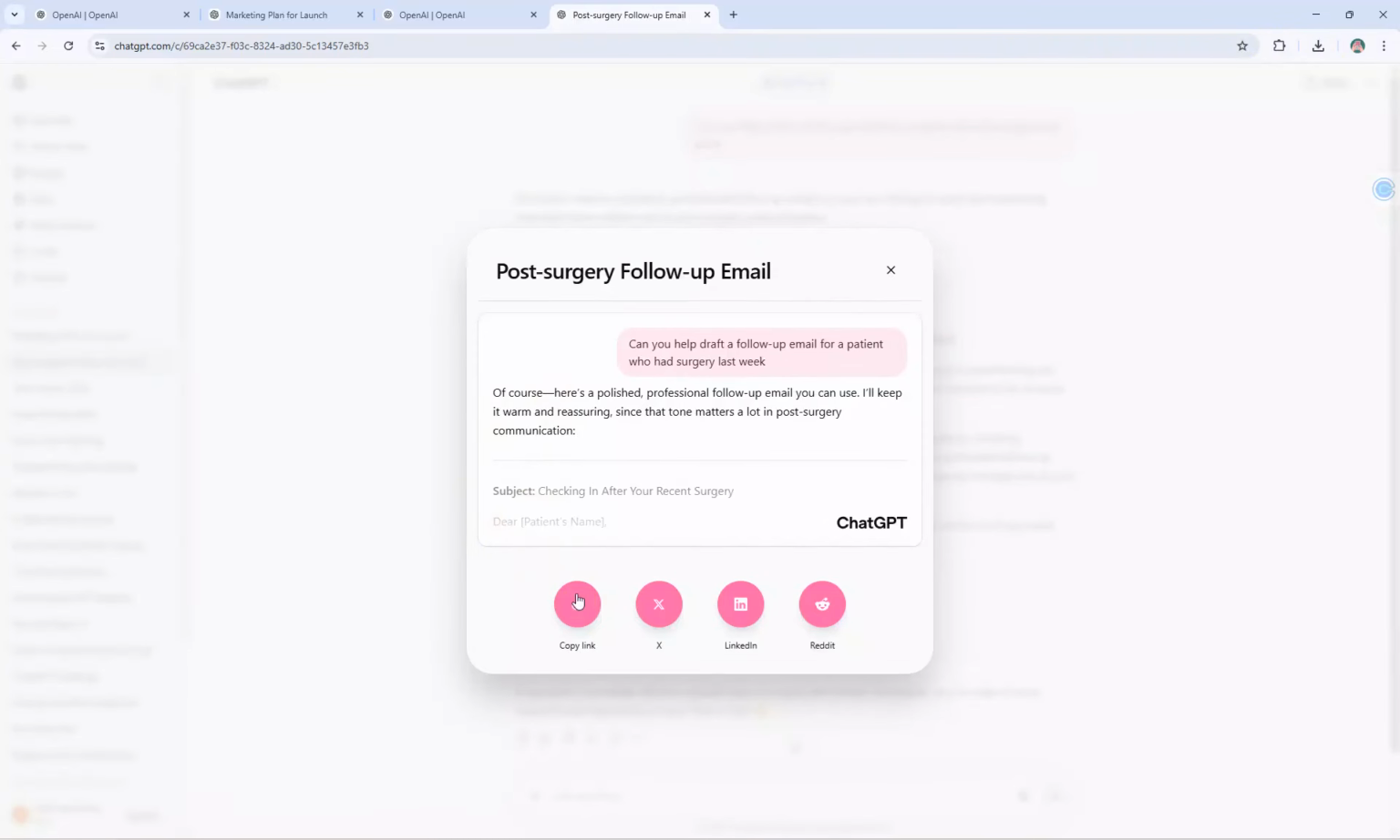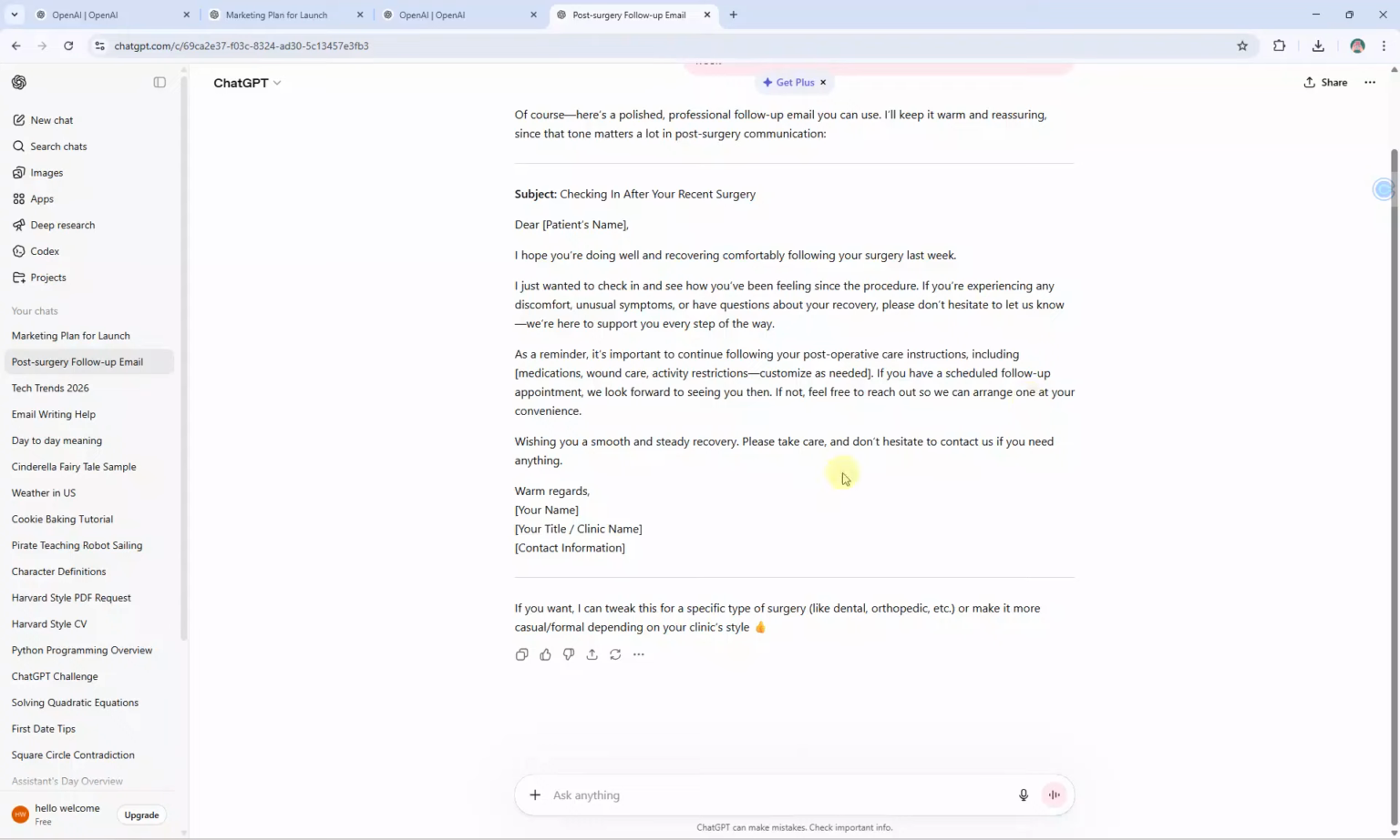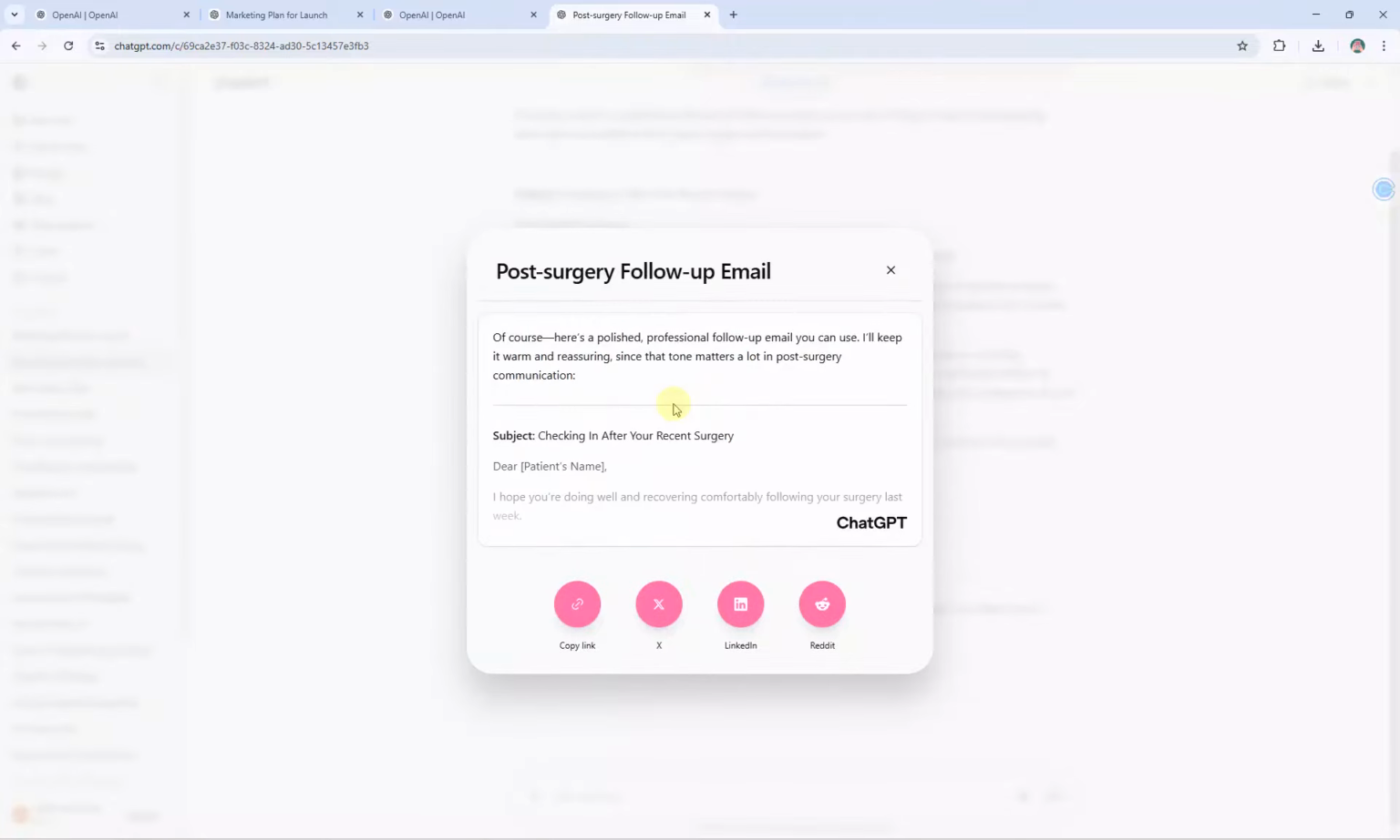Click on this icon. A pop-up window will appear giving you the option to copy a link to the conversation or share it directly through email or social media platforms. If you choose to copy the link, just click on the copy link button and a link will be copied to your clipboard. You can then paste this link into an email, a chat, or a social media post to